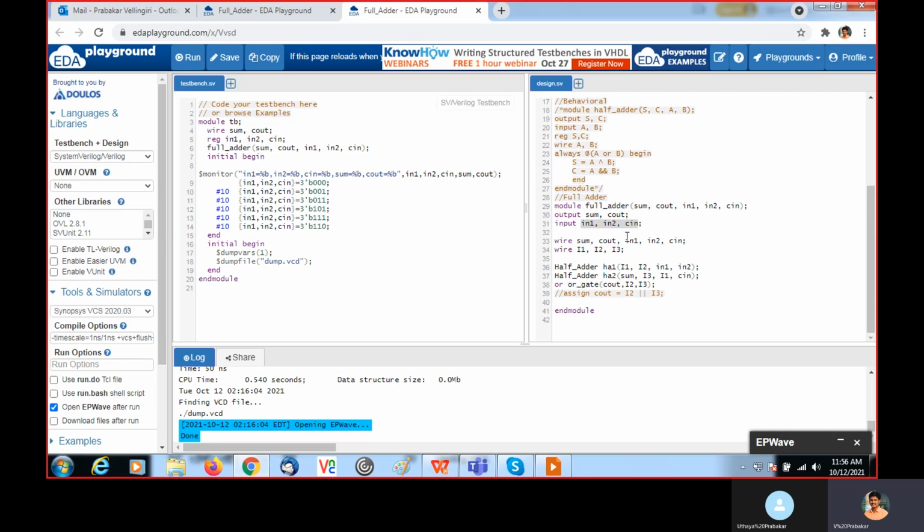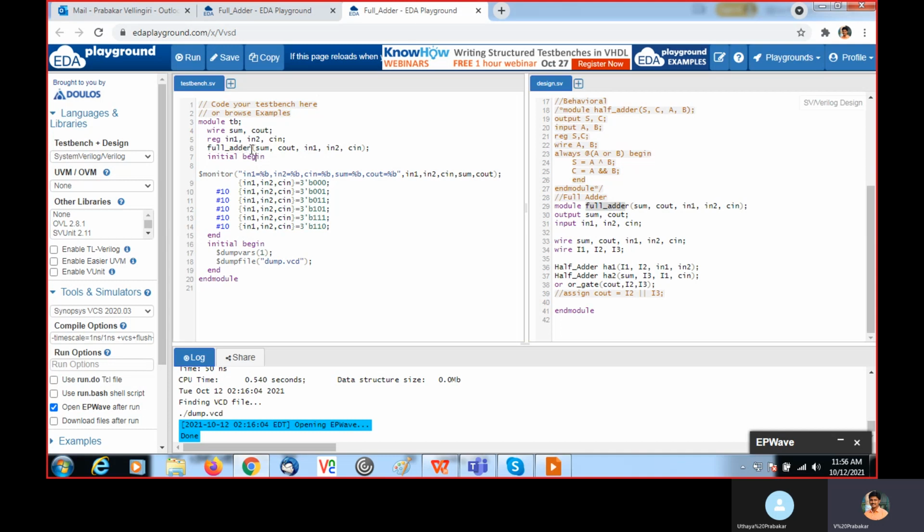Then the outputs, sum and carry, are sent from the design to the test bench, so those things we need to declare as wire. Output we declare as wire, and input we declare as reg in the test bench. Then we need to instantiate the module, the design full adder.